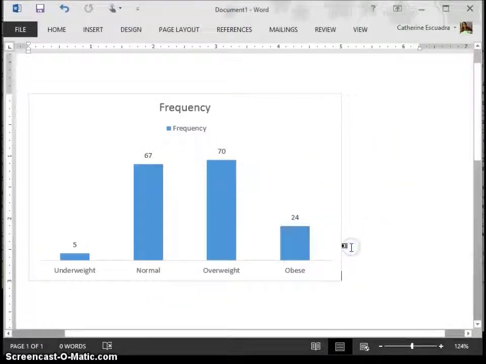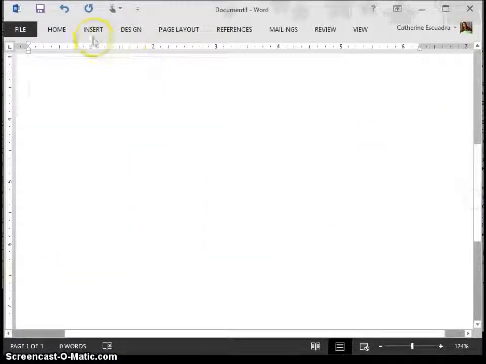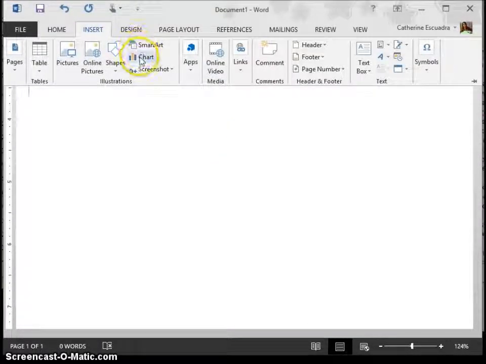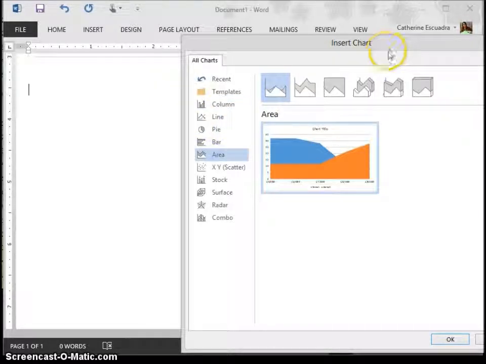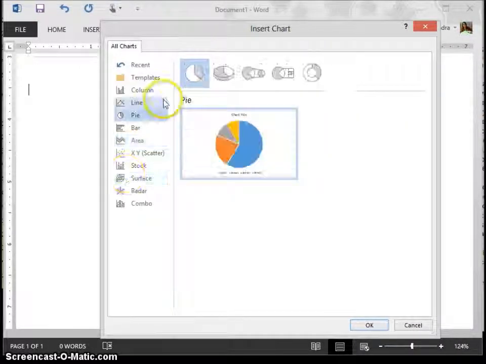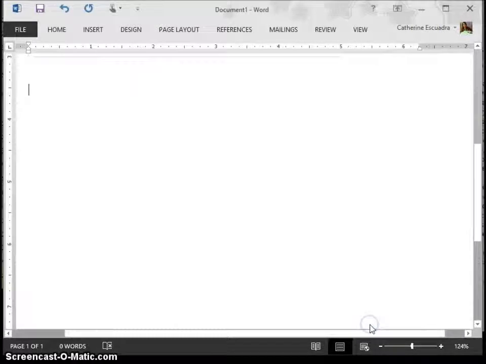Aside from copying and pasting your data from your MS Excel, you can also actually make your graph using your MS Word. Just click Insert, click Chart, and determine the type of chart that you want to use. For example, in our case, we would do a bar graph. So we just click OK,